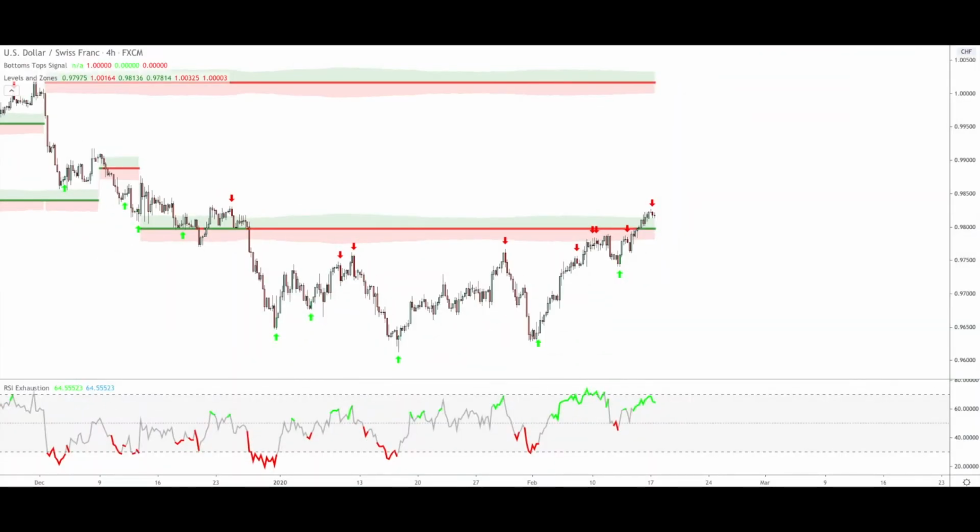So today we are on the US dollar Swiss franc on the 4-hour time frame. This pair has been in a downtrend for quite some time and then is trying to move up, but as you can see we have a strong resistance up here. This is, by the way,